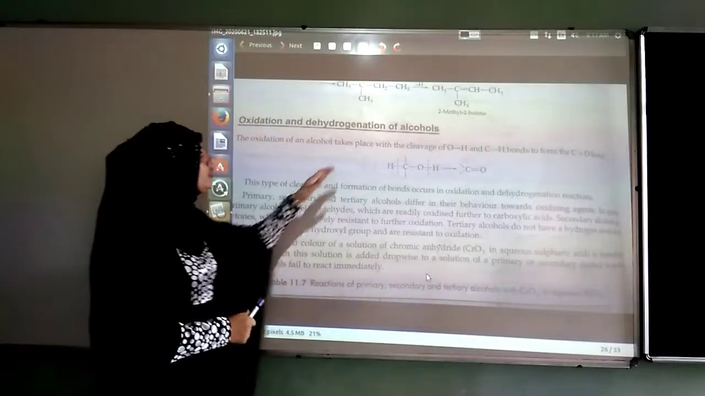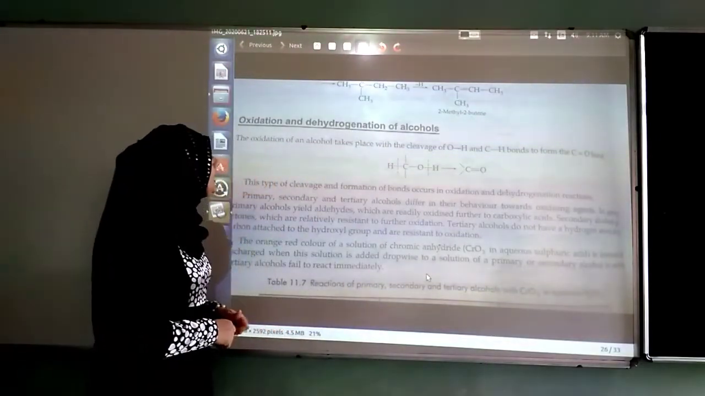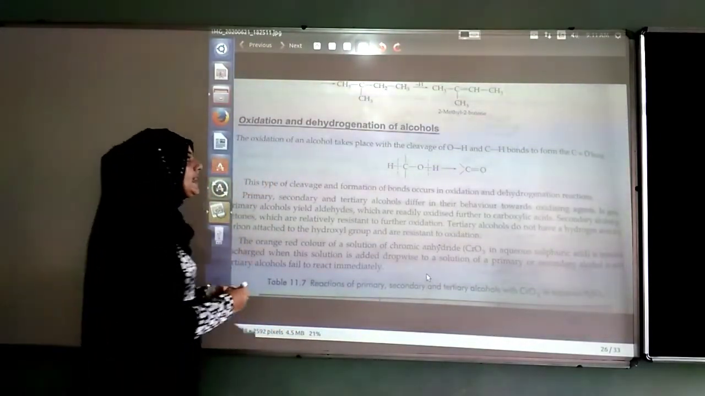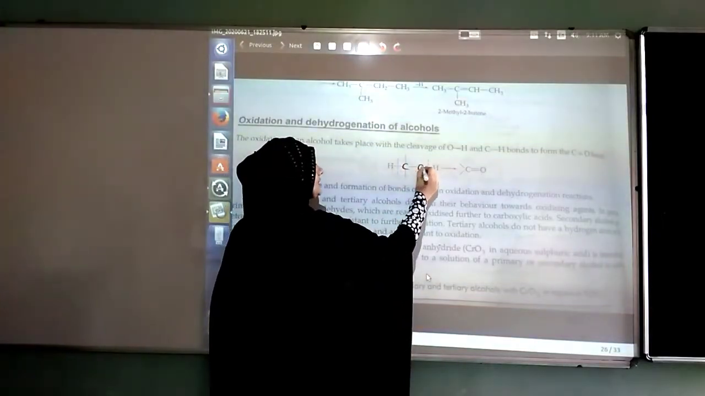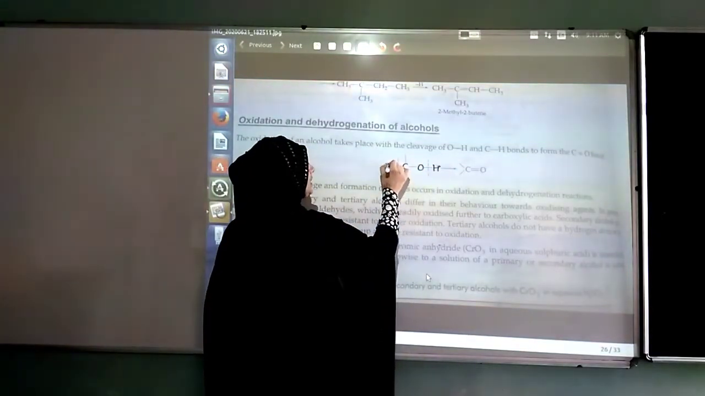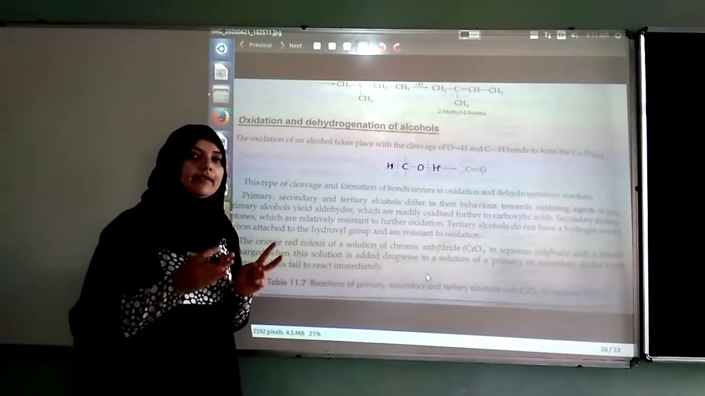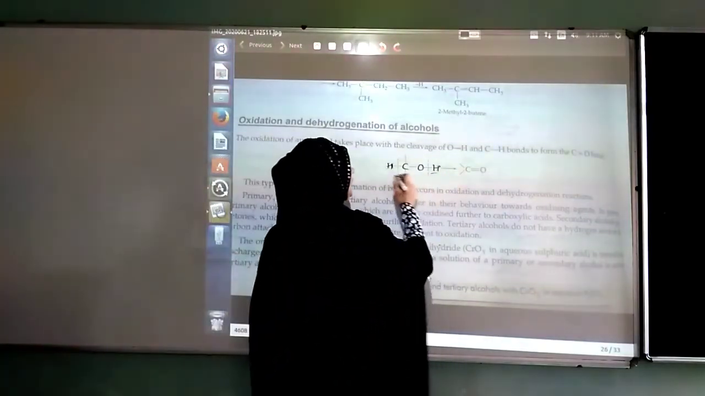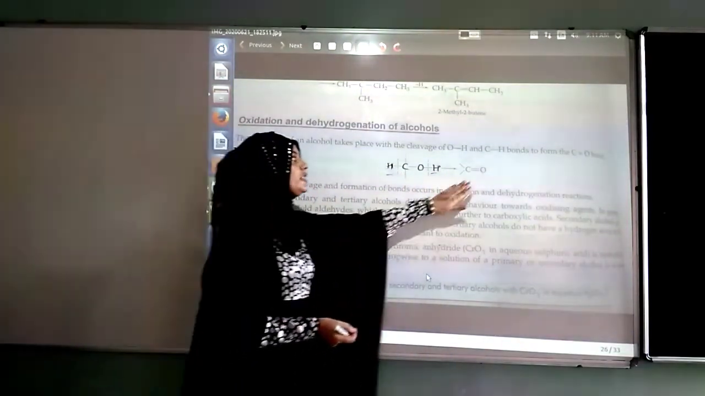Oxidation and dehydrogenations of the alcohol. Dear students, as you are able to see, there is carbon, oxygen and hydrogen on both the sides. They can go for the cleavage. आप यहाँ से हाइड्रोजन को निकाल दो, यहाँ से हाइड्रोजन को निकाल दो, which is going to come out as